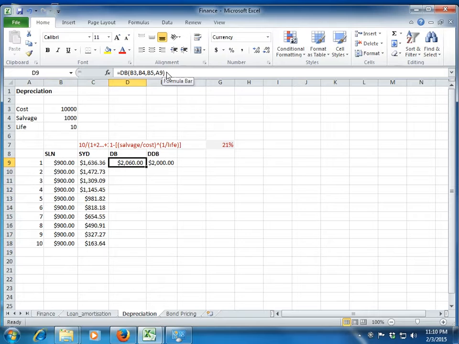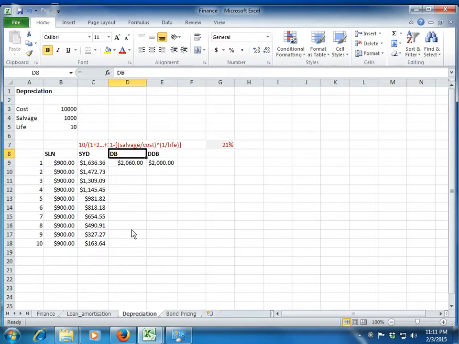Then we have one formula in Excel called declining balance. Excel has a particular way of calculating this formula, which, to be very honest, I don't understand. All I can tell you about declining balance is that it uses a fixed rate of depreciation. The rate is calculated like this: 1 minus, in square brackets, salvage value divided by the cost of the asset, the whole thing raised to the power of 1 divided by the life of the asset. Using this formula, it calculates the rate of depreciation, and it keeps applying the rate to the WDV of the asset.